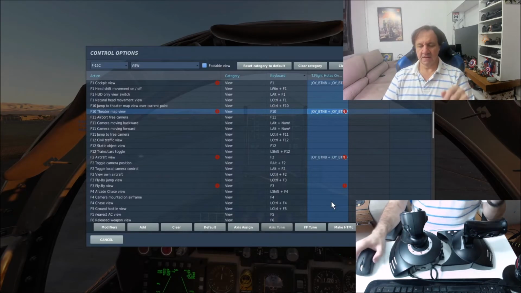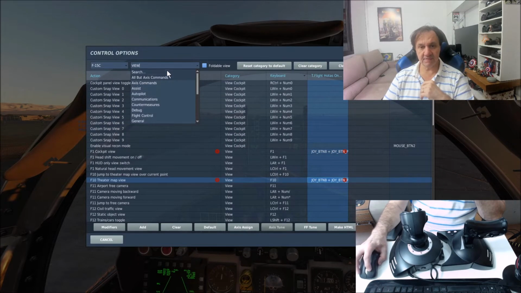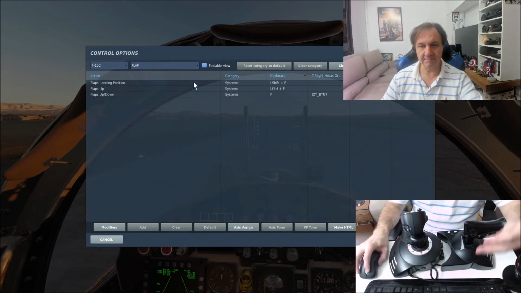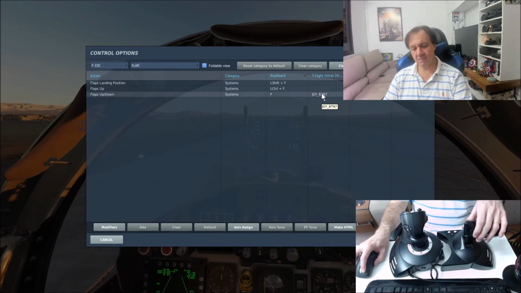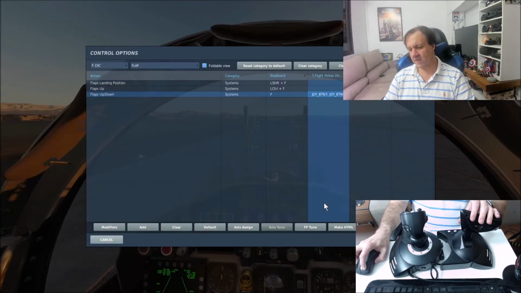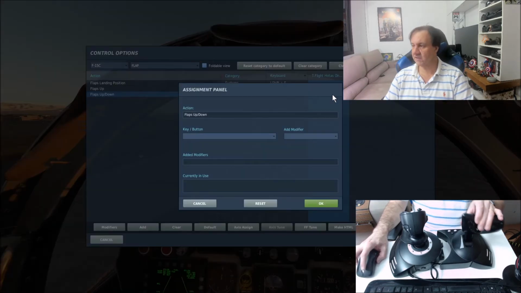Okay. And now I'm going to choose the buttons flap up, flap down. Okay. I like this one here, button here. I forgot to mention that I'm doing this in the F-15 airplane. Okay, I'm going to clear because you have two buttons here.